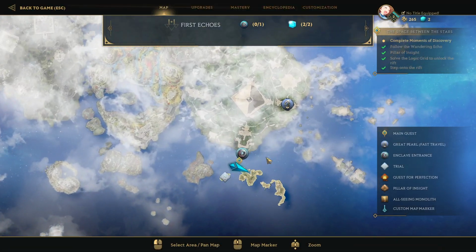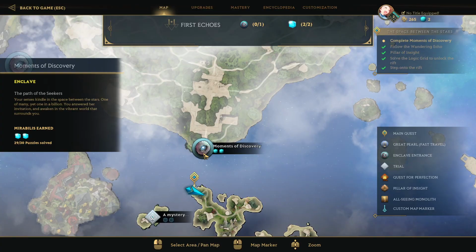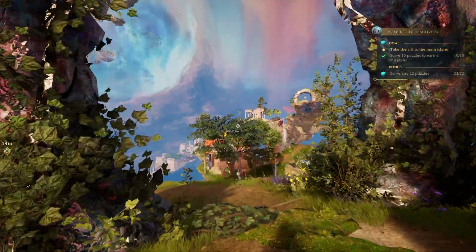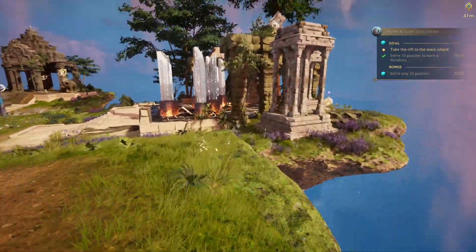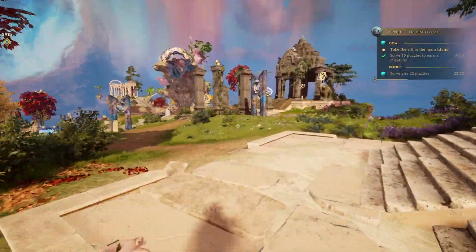But yeah, we did unlock the map, and from the map we can actually look and see this enclave, Moments of Discovery. We have 29 of 30 puzzles solved. So let's find the last puzzle. Should not take too long to find it. Let's